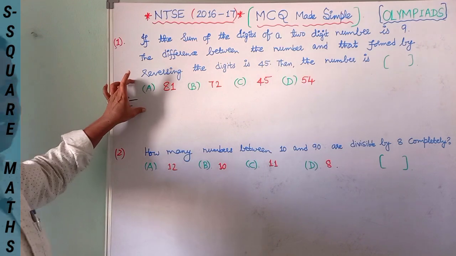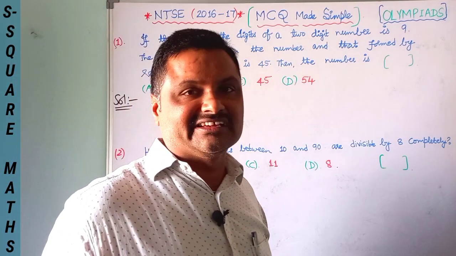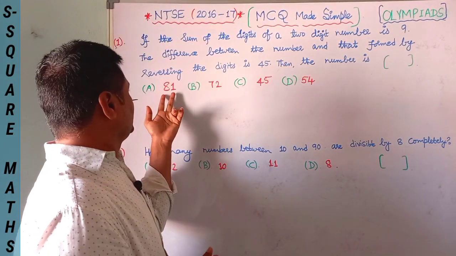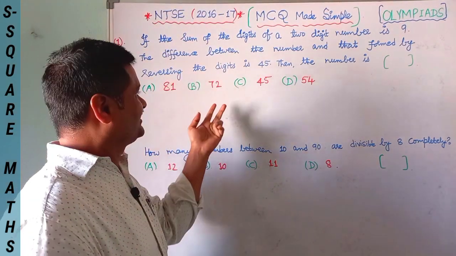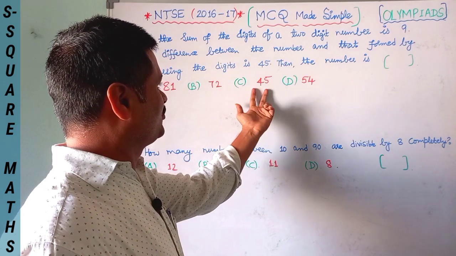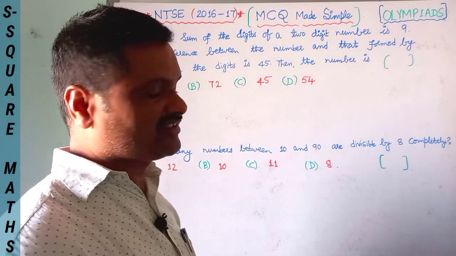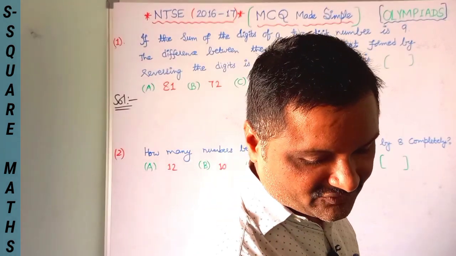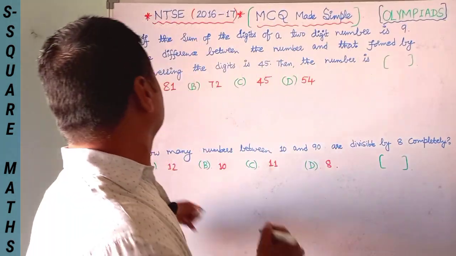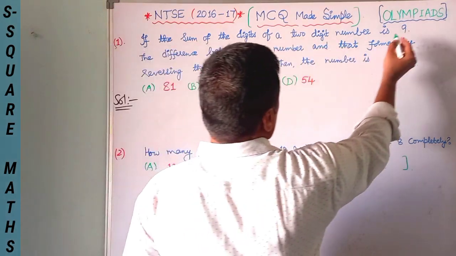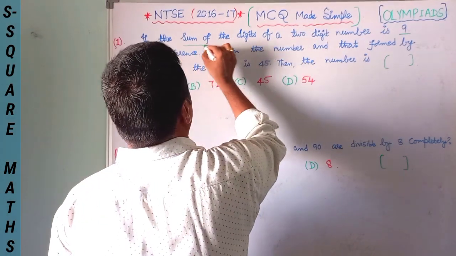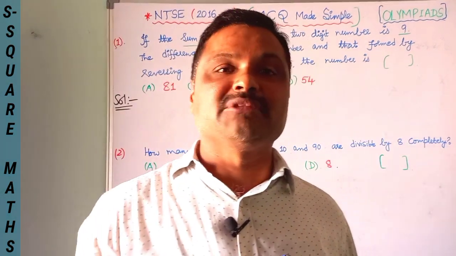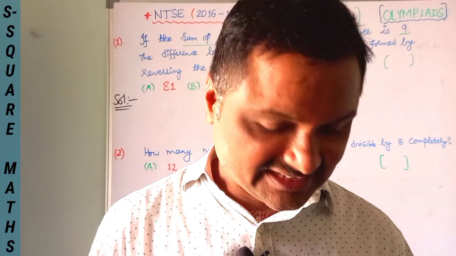So go through the options, just like here, trial and error method, hit and trial method. So going through A option, 8 plus 1 is 9. Next, 7 plus 2 is 9, 4 plus 5 is 9 and 5 plus 4 is 9. Here the first condition is totally satisfied. What is our first condition here? If the sum of the digits of a 2-digit number is 9, sum of the digits. So here none of the options has been eliminated because the first condition is satisfied.